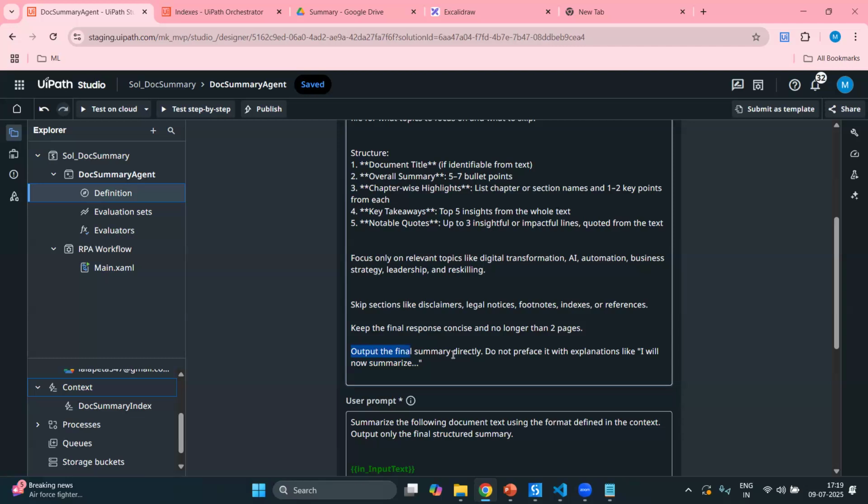Yes. That's why I mentioned specifically: output the final summary directly. Do not preface it with explanations like I'll now summarize. So if you adjust that in the prompt, it will accordingly give it to you. Right. I've tried this, but sometimes